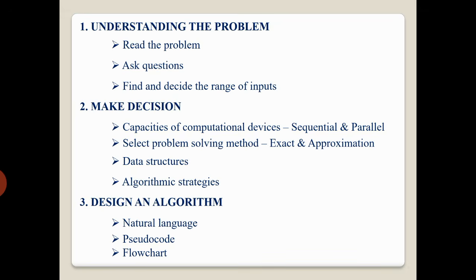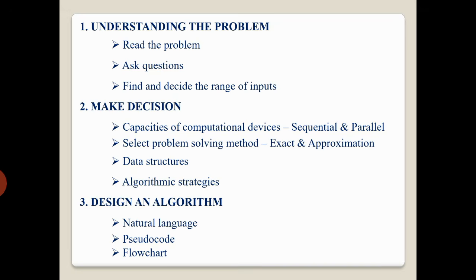The programmer must ascertain the capabilities of the computational device because the majority of algorithms are still running in the architecture of random access machine, that is RAM. The central assumption is that the instructions are executed one after another and one operation at a time. Such algorithms are called sequential algorithms. Algorithms which get executed in multiprocessor machines are called parallel algorithms. So, choosing which type of algorithm to solve a problem must be decided in this step.